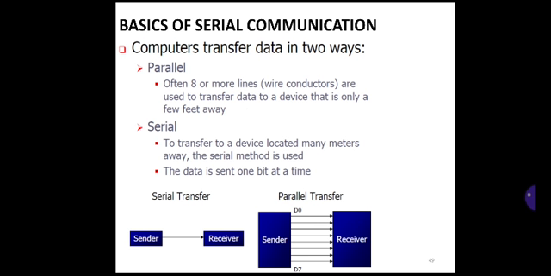The diagram shows serial communication, or serial transfer, versus parallel data transfer. Serial communication uses a single data line instead of 8 bits. As you can see from the figure, from the sender to the receiver there is only one single wire or line. In the other one, parallel data transfer, from sender to receiver we have 8 different lines, D0 to D7.